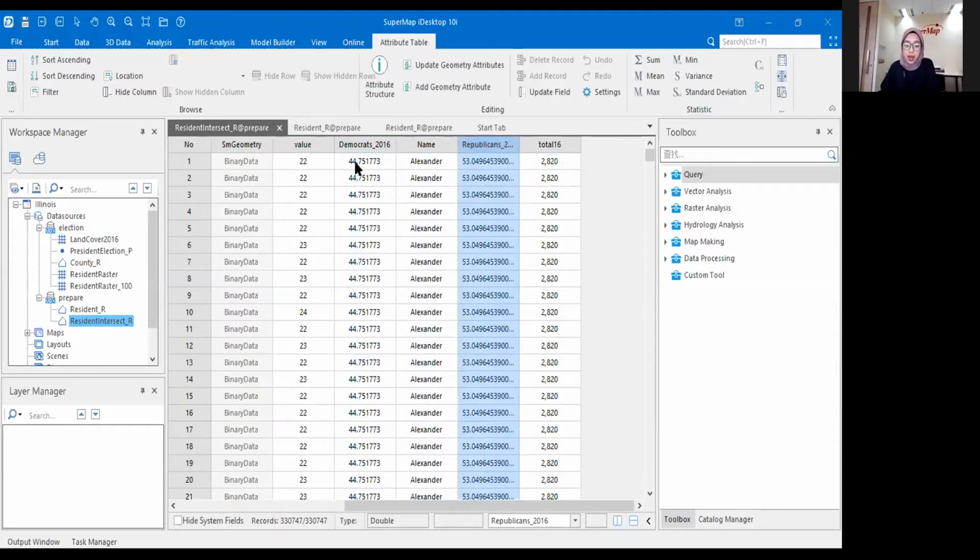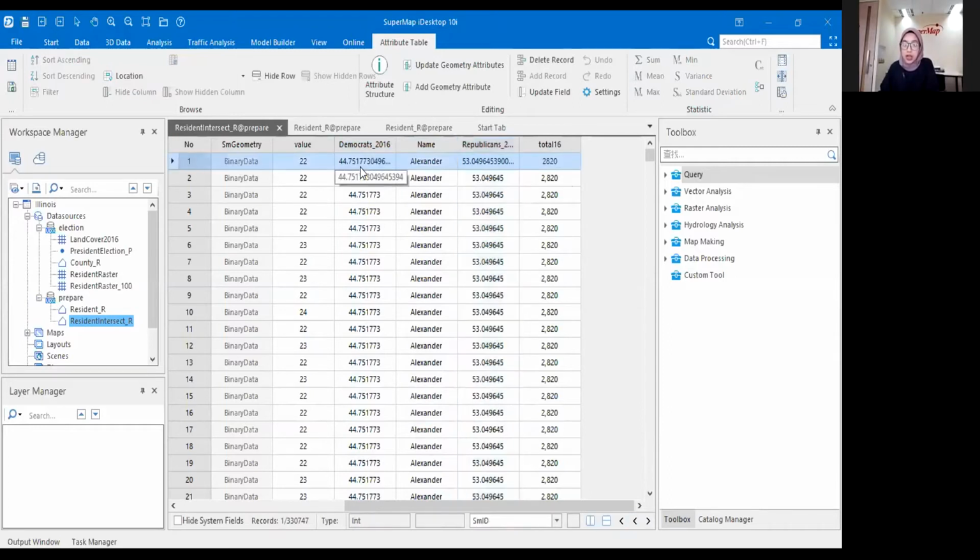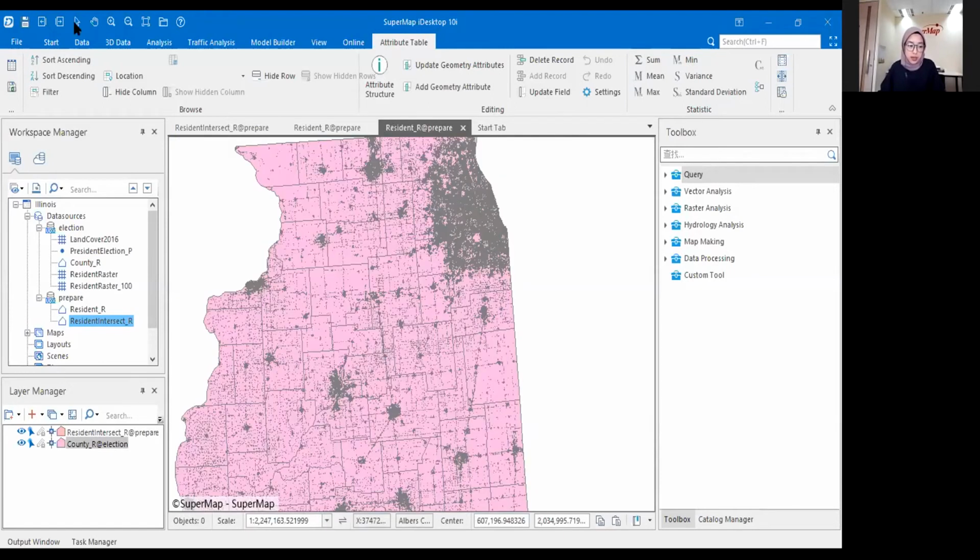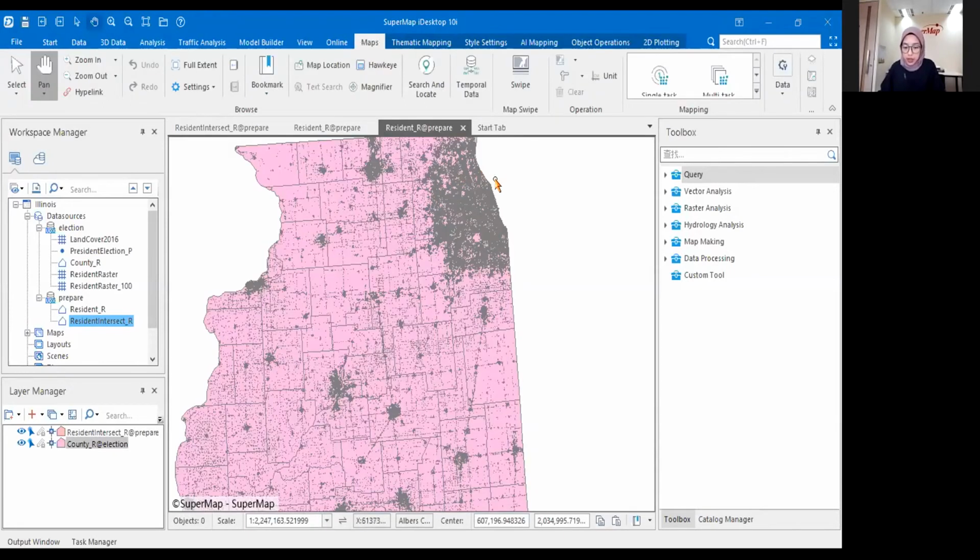So this means the total voters of Democrats in the first unit here is 44% from the total voters, 2,822, something like that. And it has the same number, about more than 300,000 data. And one unit means like this. This is one unit,